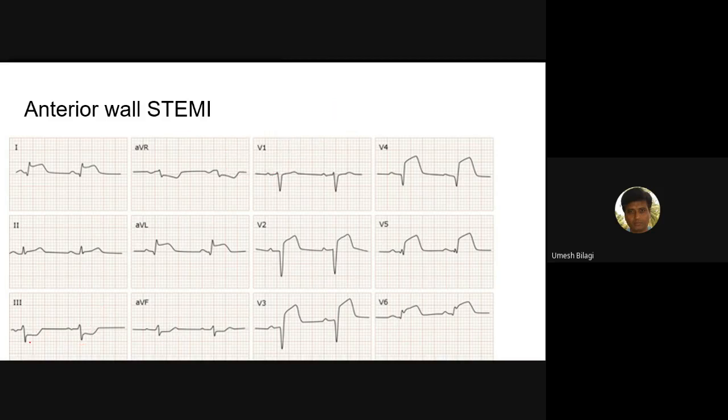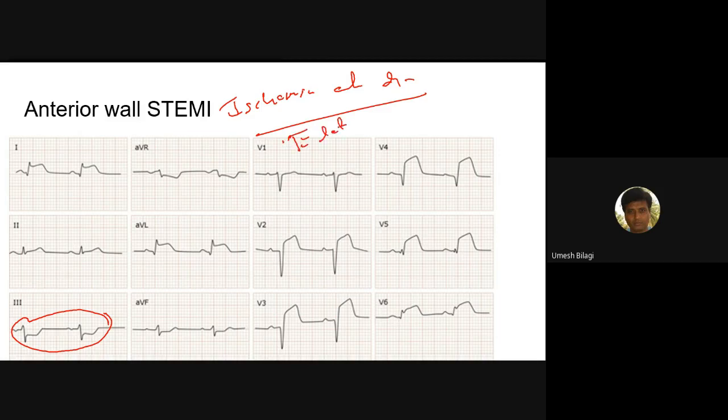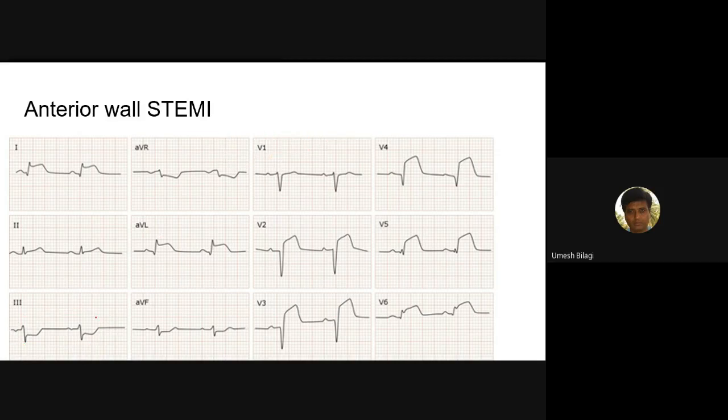There are two or three theories for reciprocal changes. One of them is ischemia at a distance. Otherwise, it is an electrical phenomenon, electrical reversion, that's what they call it. If there is ischemia at a distance, we think there is probably another vessel that is also compromised. It was dependent on this, so it got changes. That's what we think. But there is a concept of electrical reversal, electrically the opposite direction shift.